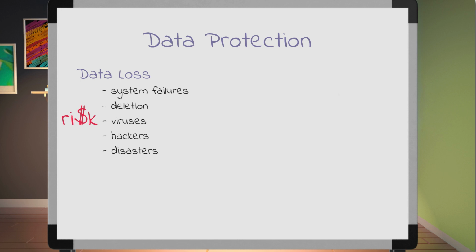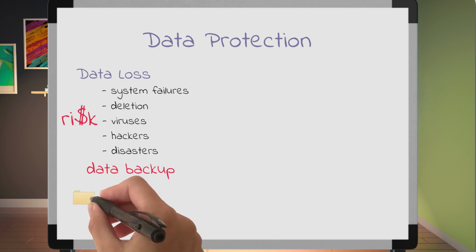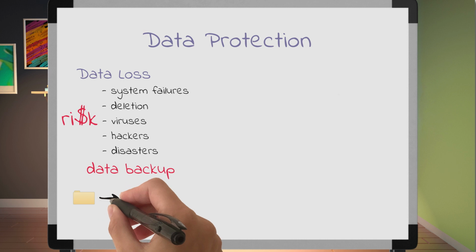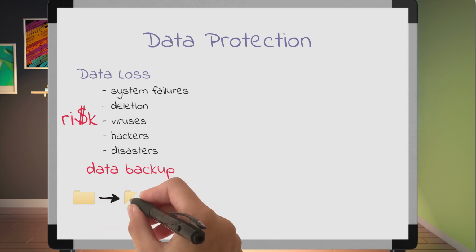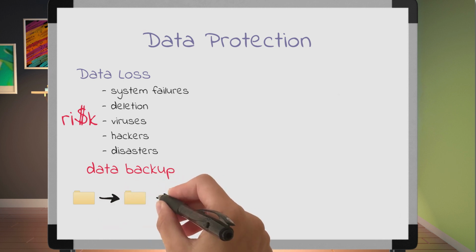The upshot of all of this is that data needs to be protected. There is an old saying that if you don't have your data in 3 places, then you don't have it. The traditional way of achieving this is through data backup. Data backup is conceptually quite simple. It means taking a copy of the data and putting it somewhere safe. In most cases, it's also copied at least one more time to be sure.